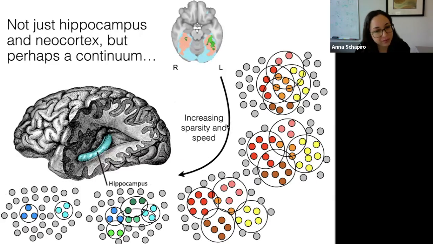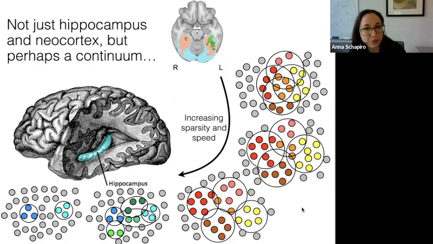And so this finding and others have really got us thinking about this idea that it's not just hippocampus and cortex, but that maybe there's a broader continuum here, where as you move more anteriorly in cortex, you're also seeing a change in these properties. So I just showed you examples of plasticity, but there's also some work on changes in sparsity as you go up the hierarchy. So if this is true,